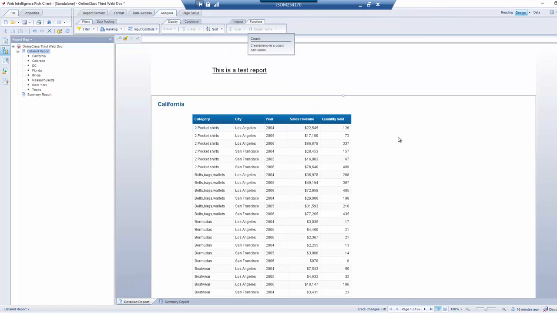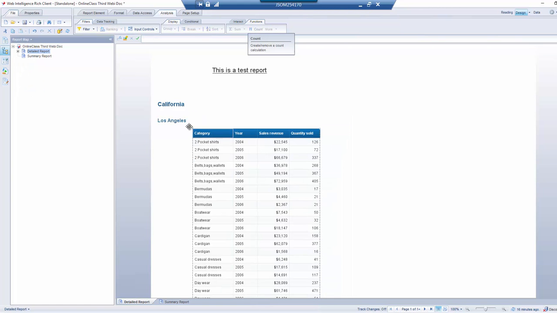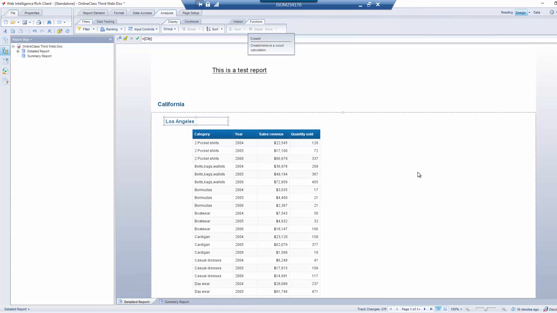Can I have multiple sections? Yes, you can. So you can have subsections. If I right click here and say set as section, it automatically knows that there already is a section, so I'm going to create a subsection. I'm going to move it a little inwards to make it more readable. So now I have the state as the main section, the city as a subsection,